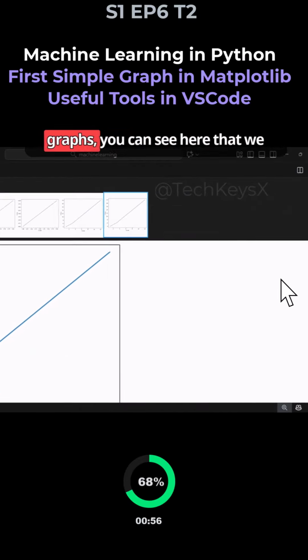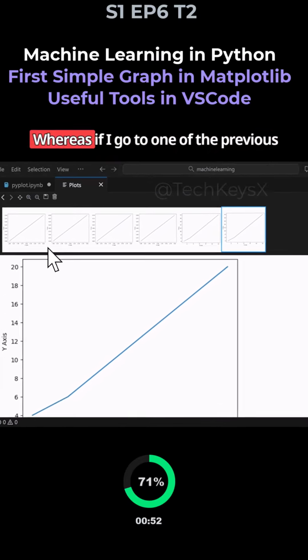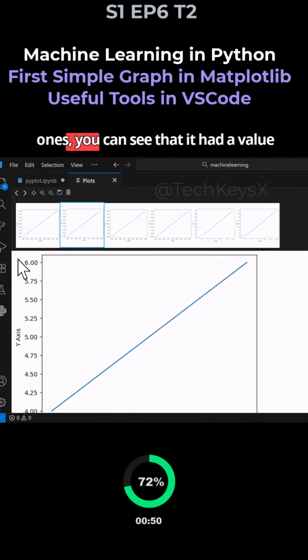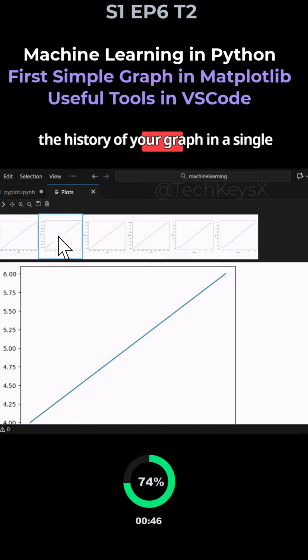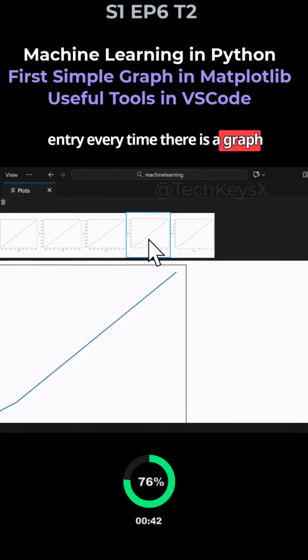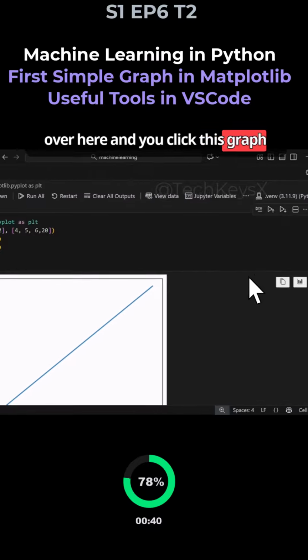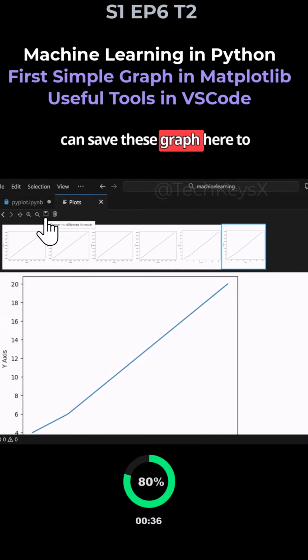If I go back to our graphs, you can see here that we now have a graph with a value of 20, whereas if I go to one of the previous ones, you can see that it had a value of 6. The reason is so you can track the history of your graphs in a single place. That's why it adds a new entry every time you click this graph button. It saves the history automatically for you,